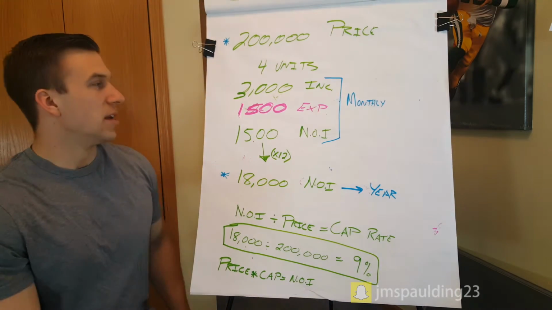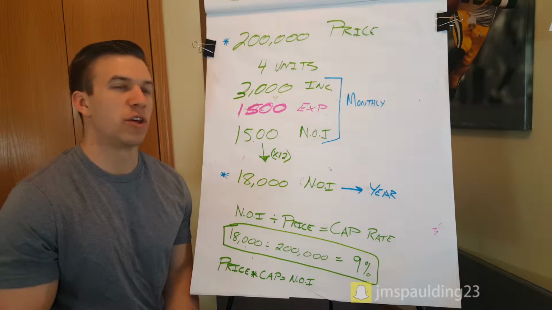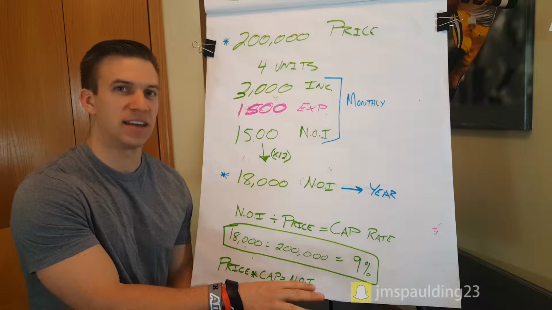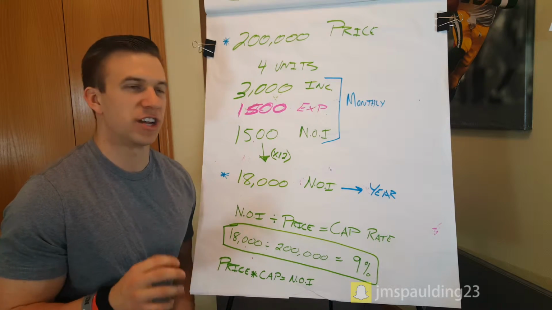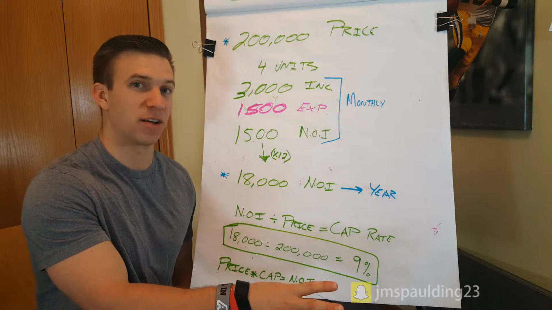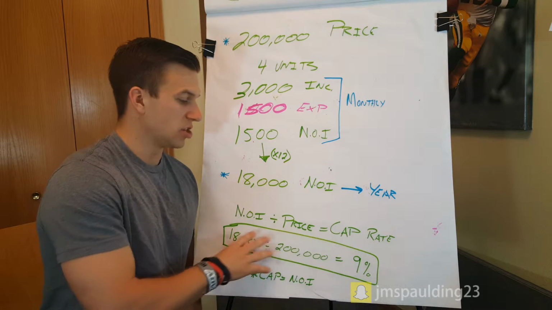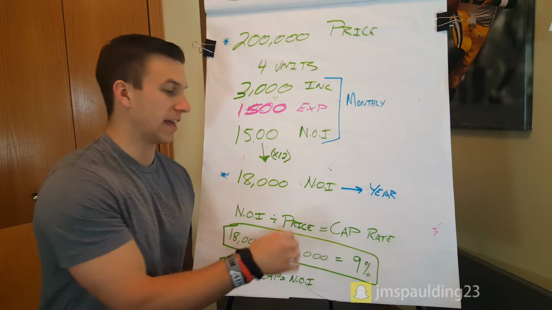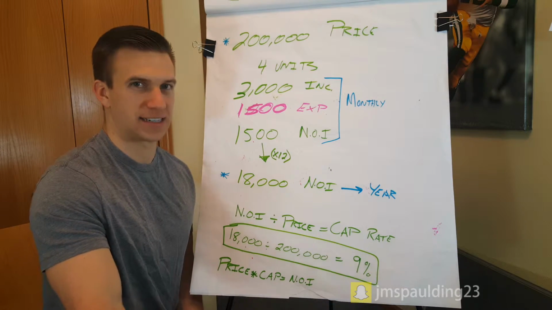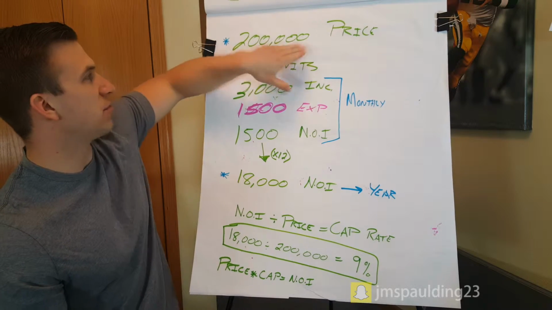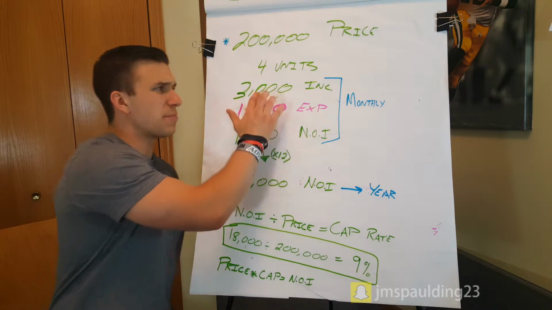I doodled some stuff up. So for an example of a cap rate, the cap rate is basically going to show you the return on your investment if you do not finance it at all. So if you don't borrow any money from the bank, if you don't do the traditional 10, 20, 30% down on a building and finance the rest, and you just pay all cash for the building, the cap rate is going to be your return on all that cash without financing, if that makes sense. So let's say we have a $200,000 list price,